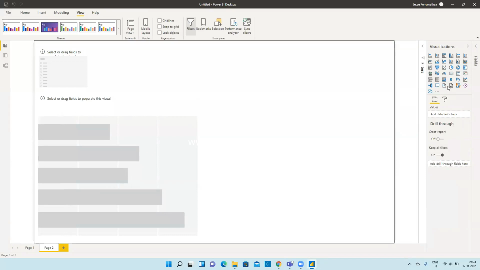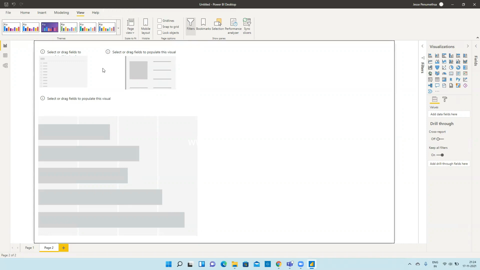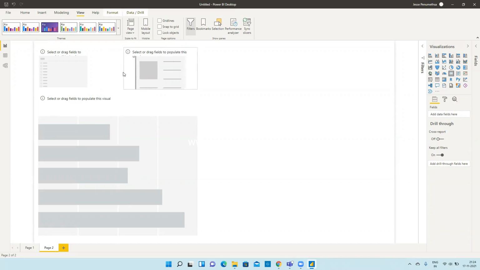Okay, and here you have created one card. I am saying all this as a random example.